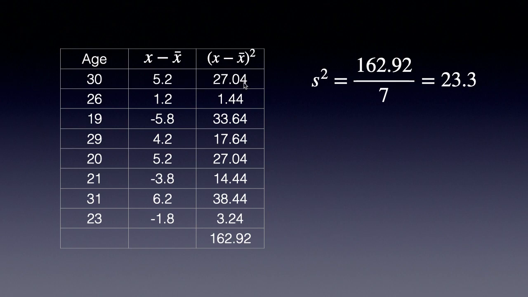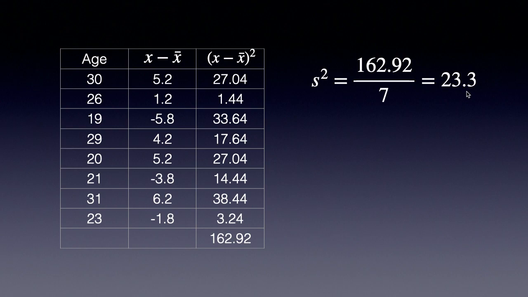But when I take 5.2 years and square it, it gives me 27.04 years squared here and years squared here. And when I add them up, I get years squared. And notice that I have 162.92 years squared. And this denominator is 8 minus 1, which is 7. There's no units associated. So I end up with 23.3 years squared. So let's just observe that the variance tells us the average squared distance that the data lies